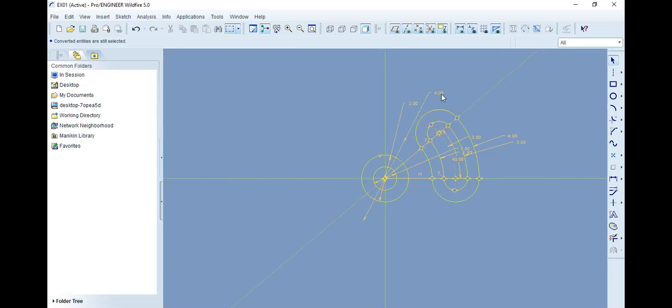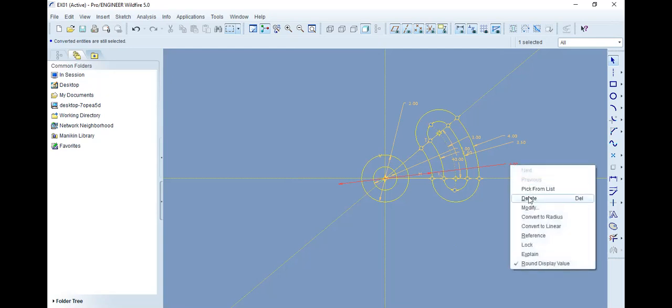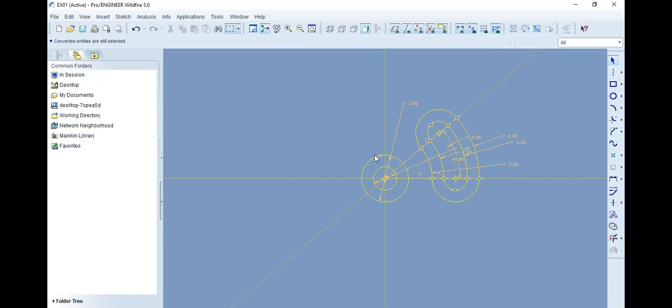This is the dimension, right? To move the dimensions, we can select the dimension while keeping the left click pressed and move the mouse, so it will be shifted to your required location. Now click on the dimension. With the left click, you can select. With the right click, you can change the properties. So here you convert the dimension into the radius. It will become radius.